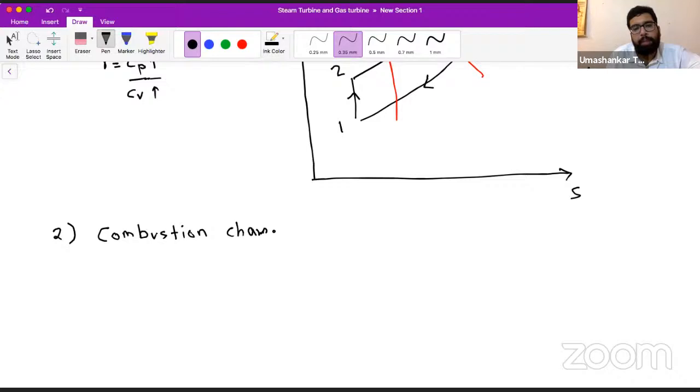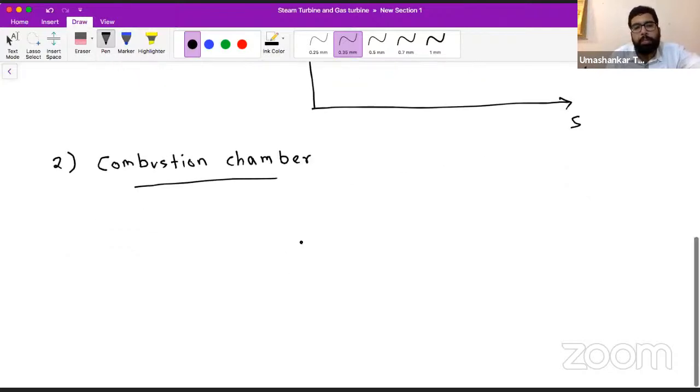So what happens in the combustion chamber? Let's see that. We are dealing with the actual cycle now. So, in general, what happens in the combustion chamber? The air leaving the compressor at 2 enters the combustion chamber,